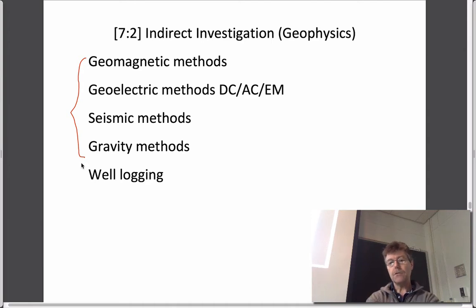So in geomagnetic methods, you would measure how the Earth's magnetic field that drives a compass is modified ever so slightly by pieces of iron below you, not just metal but iron. In geoelectric methods, either direct current, alternating current, or electromagnetic methods, we measure the electrical properties or the electromagnetic properties of the subsurface and how they vary in space, laterally and in depth, and use those contrasts and changing properties as a proxy, if you like, for different materials, sands, clays, gravels, rocks, by trying to correlate those with